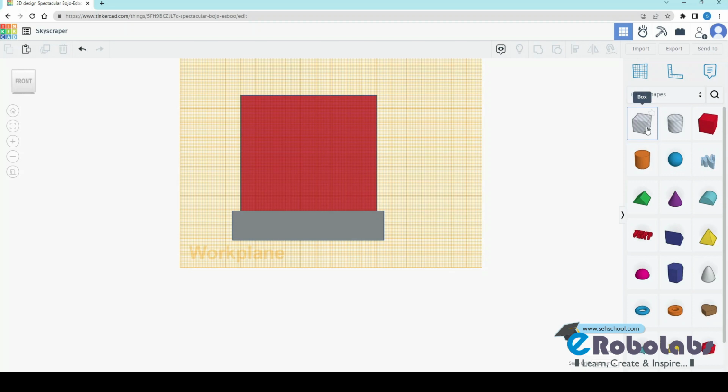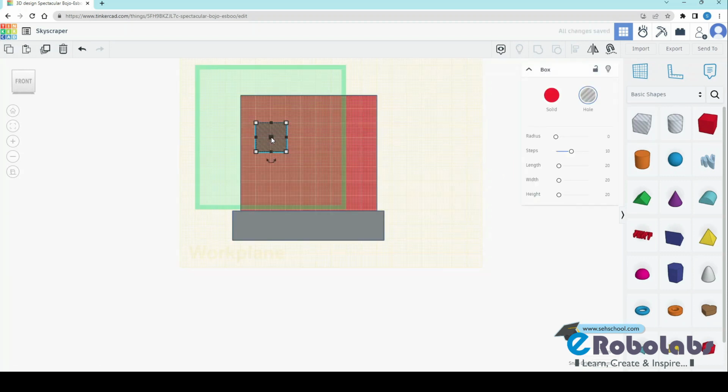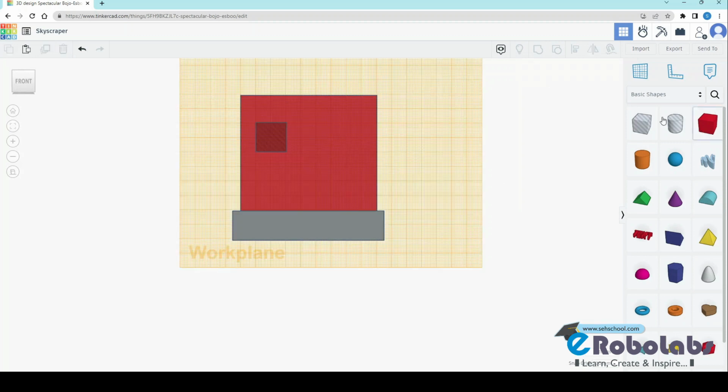Okay. So select one of the box hole shapes and use the axis arrow to move the box hole shape so that it goes through the corresponding wall. We need to create two windows. So we select two box hole shapes and go to the